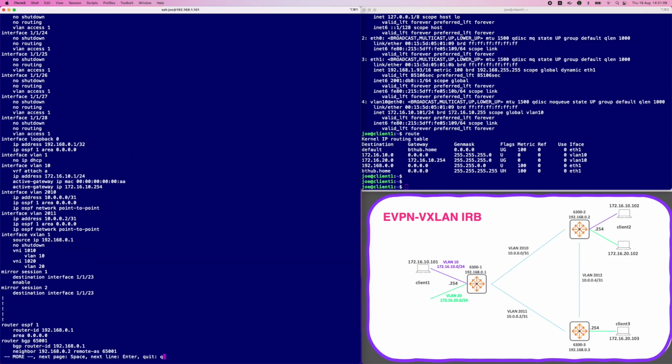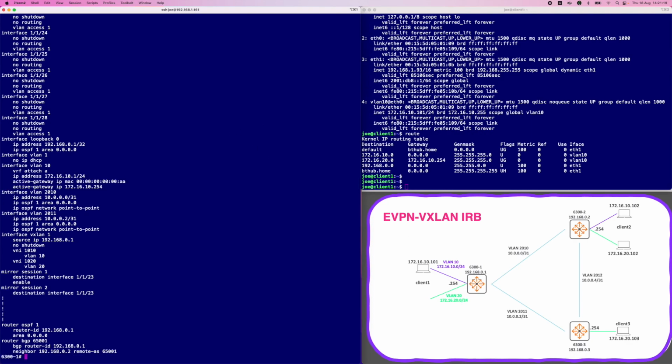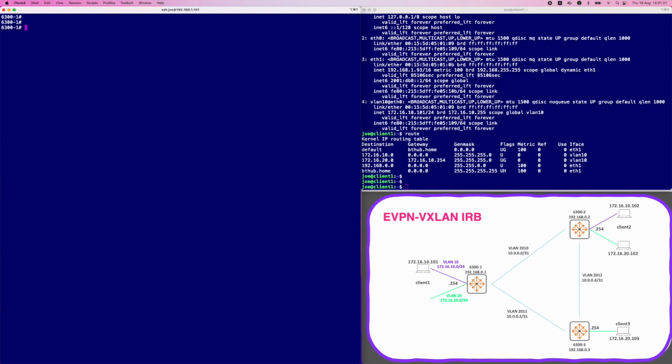Show run. Where is it? There we are. Okay, so that's our VLAN 10. So that's that interface here, and I need one for 20 as well because this is asymmetrical. So we go interface VLAN 20, VRF attach. Remember, it's the same VRF A, IP address